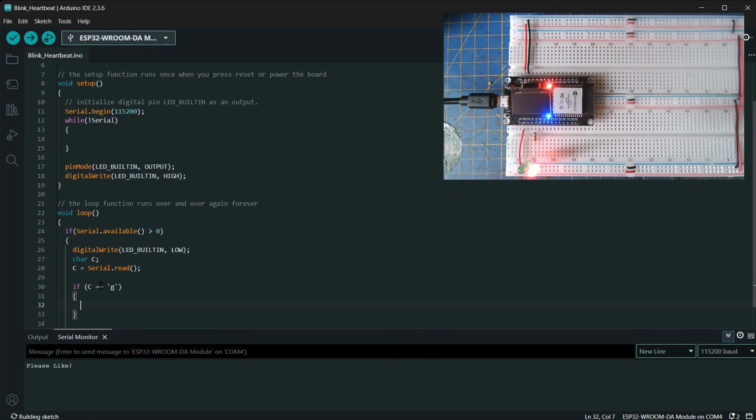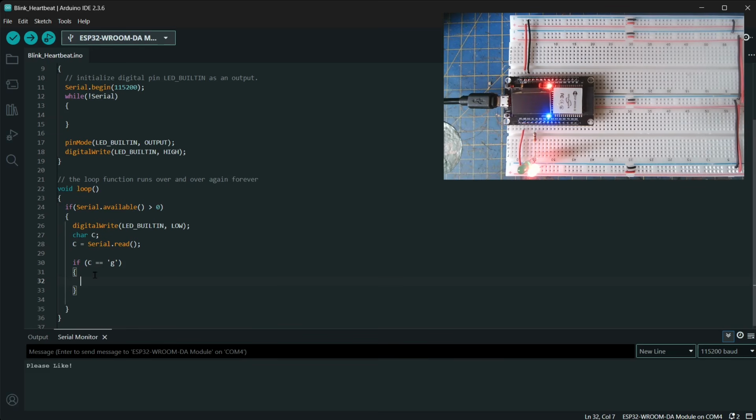The double equals sign is what's referred to as the equality operator. This is nothing to do with very modern politics. This is simply saying, is C the same as a lowercase g? Because we've read a character in, so is it the same as a lowercase g? If I just did that,